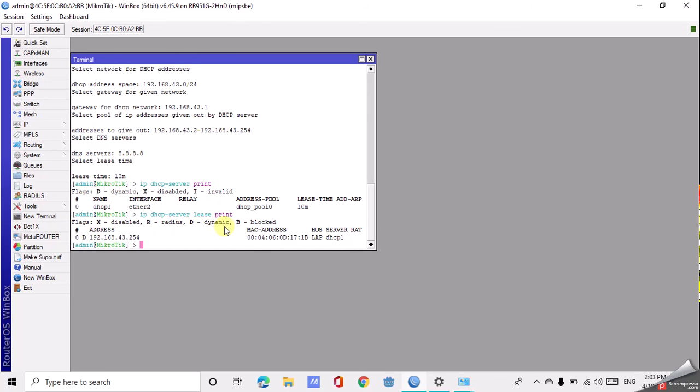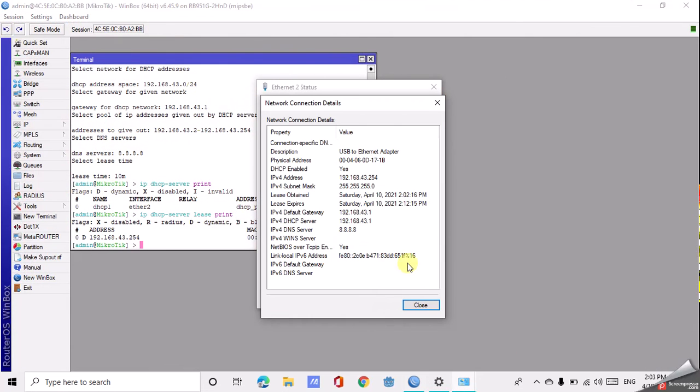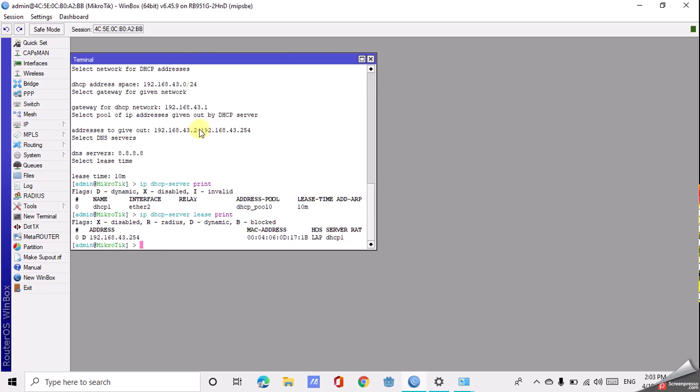That means it's dynamic, because I configured the DHCP server, and this flag is D, and this address is the same as on the client, right? It is the same, but why is the IP at the last, not at the first? You can see the IP range is 0.2 until 254. Why does the client not use 0.2 first? And why is it 254? Why not 0.2? Because the Winbox only knows